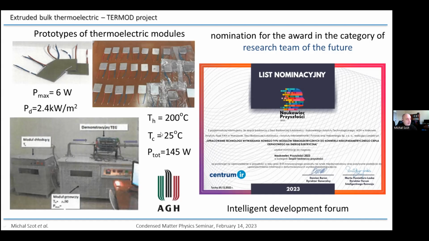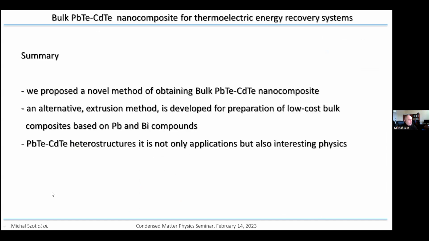So let me summarize my talk. First of all, we propose a novel method, just patented, of obtaining bulk lead telluride, cadmium telluride with very controllable working volume, carrier concentration, distribution, and sizes of cadmium telluride grains inside. We have also developed within the project an alternative method of obtaining such nanocomposite, which is expected to be very effective and cheaper than the methods which are commonly used